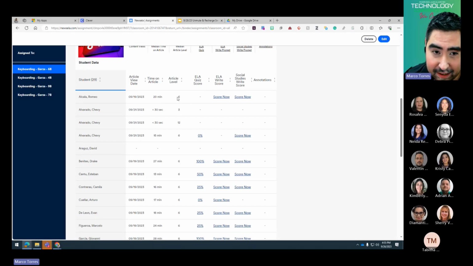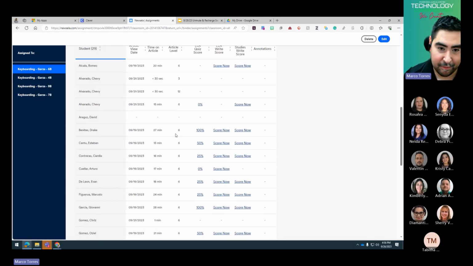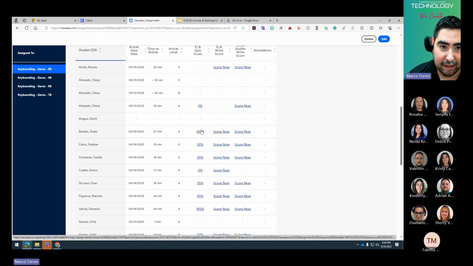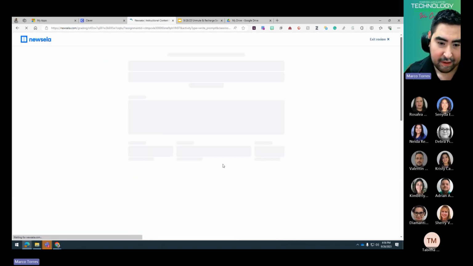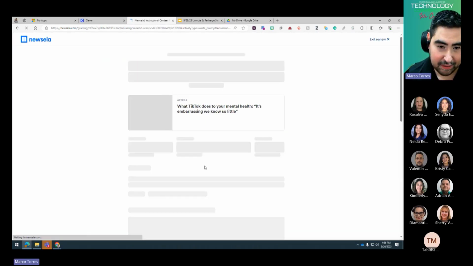See, the teacher didn't set the Lexile level or the article level here, so students were changing it. Most of them left it the same, but students changed it. One did it to 12, one did it to 3, and then you get to see this information right here. So this student got 100 on the ELA quiz. And if you want to see what they wrote, you can go ahead and click score now, and it will show you